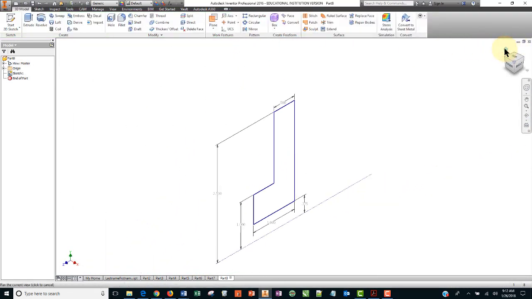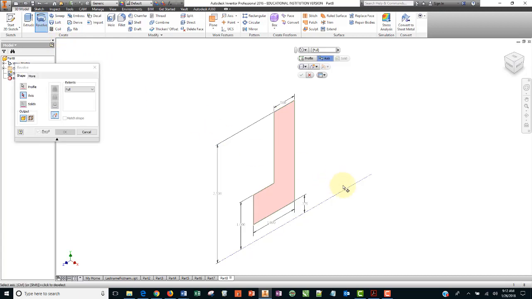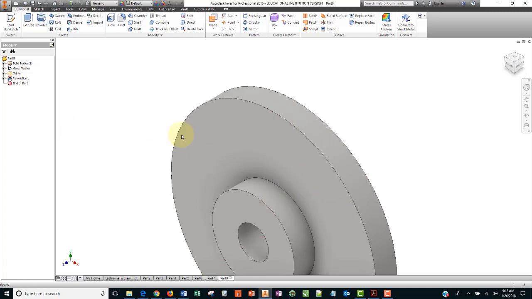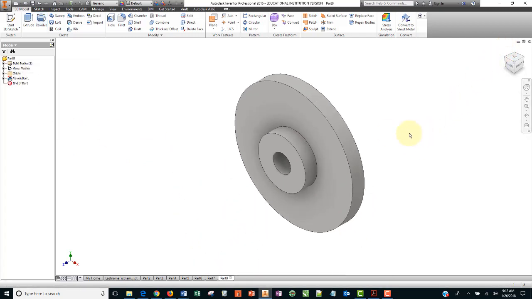Click the little house so I can see it. Click revolve, and all I need to do is click the axis, and OK. So now when I click the house, I have my isometric view. Okay, let's put a sketch here,